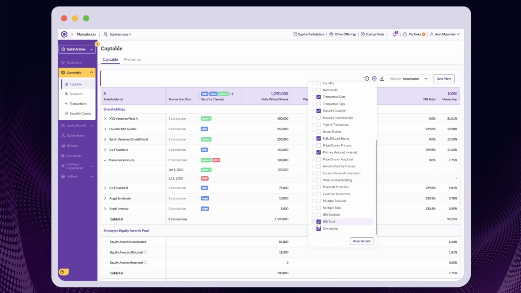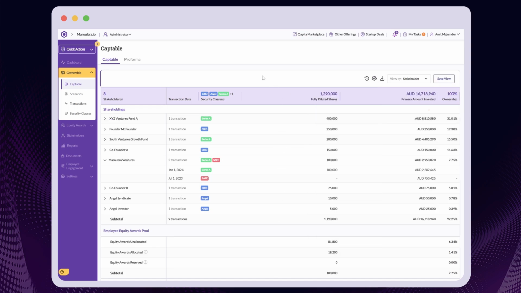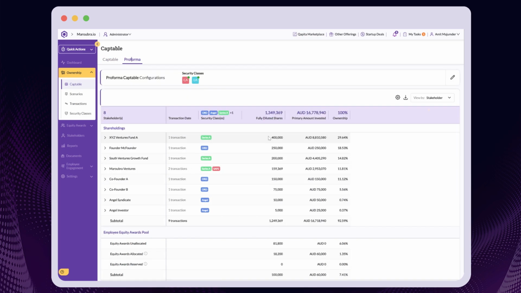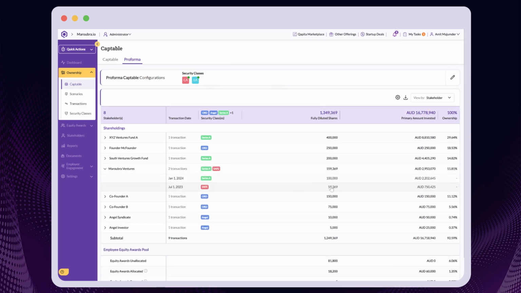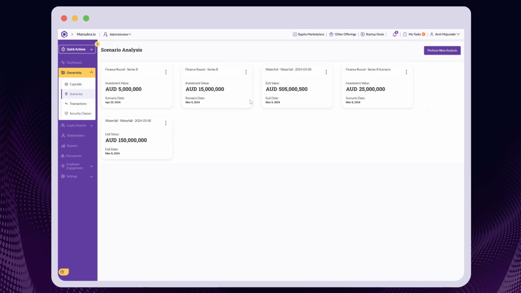The cap table also allows you to run pro forma scenarios. Curious to know what's going to happen if the convertible instruments, for example, these SAFE notes, were to convert? You can run the scenario and Qapita will spit out the cap table based on input parameters. The platform will, in this case, calculate and show the number of securities that will need to be issued for this specific investor. You're also able to run more complex scenarios, including modeling your next funding round to understand dilution impact,